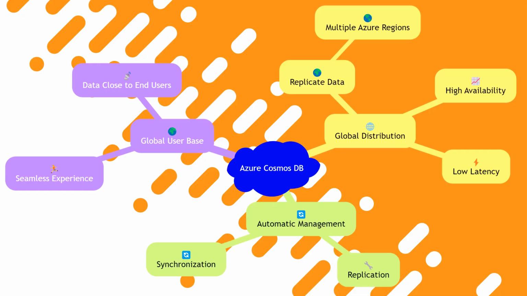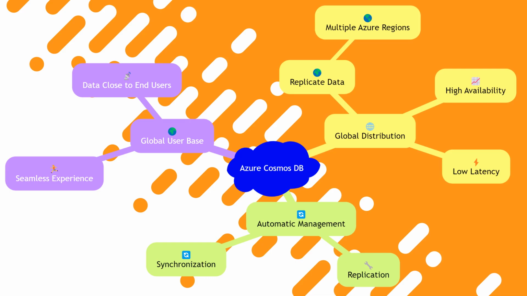One of the standout features of Azure Cosmos DB is its global distribution capability. This allows developers to replicate data across any number of Azure regions, ensuring high availability and low latency for users worldwide. The service automatically manages the replication and synchronization of data, providing a seamless experience. This feature is particularly beneficial for applications with a global user base, as it ensures data is always close to